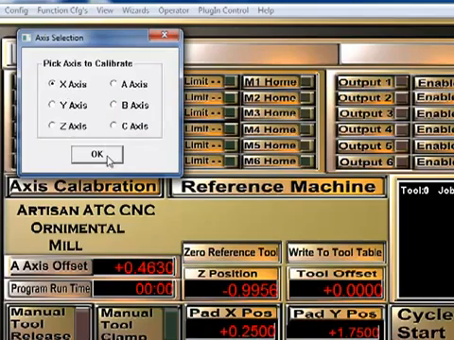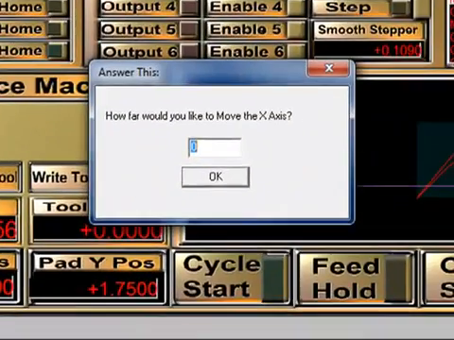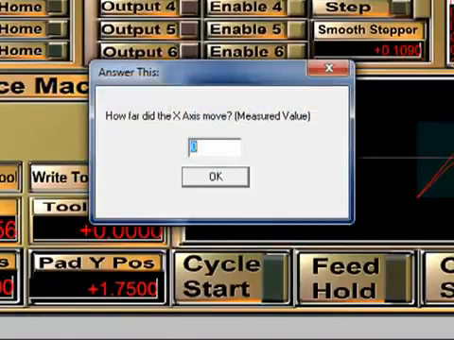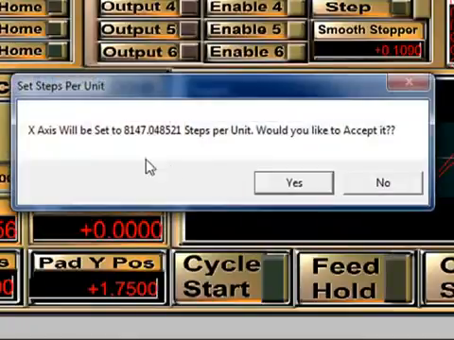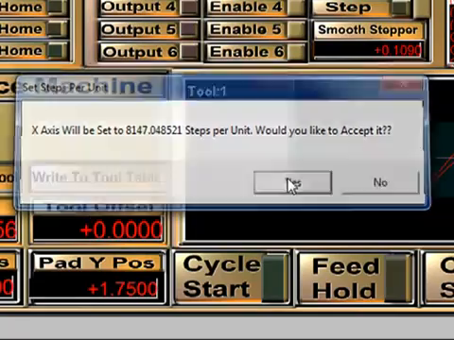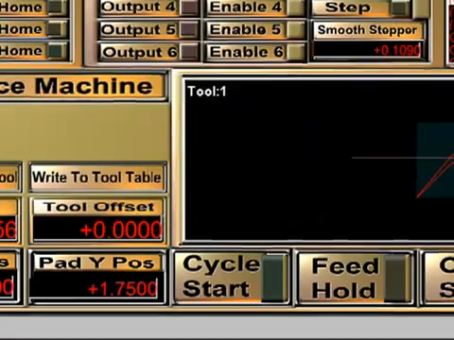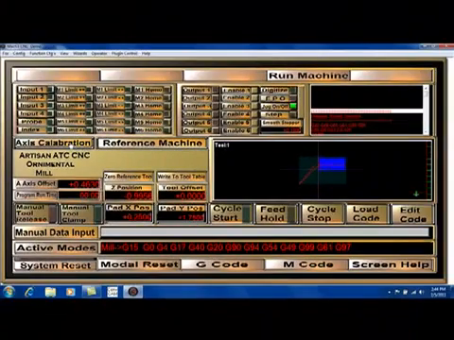Simply choose the axis you want to calibrate, click OK. It'll ask you how far you want it to move. It will then drive the machine, and it'll ask you how far did it move. And you enter in that value after you've measured it, and it will reset the steps per that motor and calibrate that system. You want to do that for each axis if necessary. Now we calibrate the machines before they go out here at the factory. So in most cases you'll never have to use this, but occasionally you may have to come in and do a recalibration.